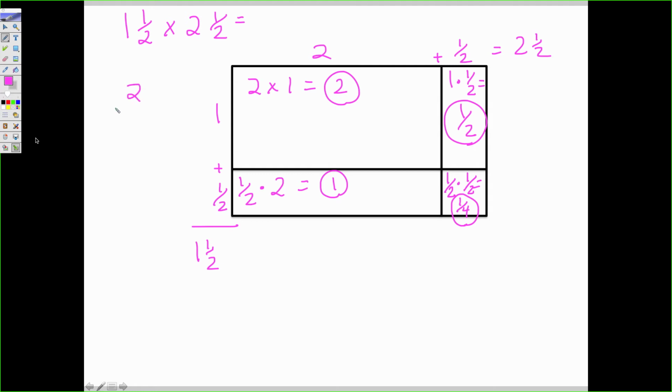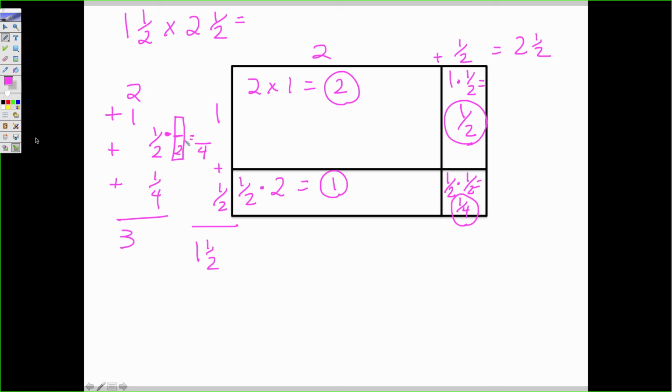So we can start off, I have 2 plus 1 plus 1/2 plus 1/4. So starting with the whole numbers, we have 3. Then I have to add 1/2 and 1/4. So we're going to use the giant 1 and make this into fourths. So if I need fourths,